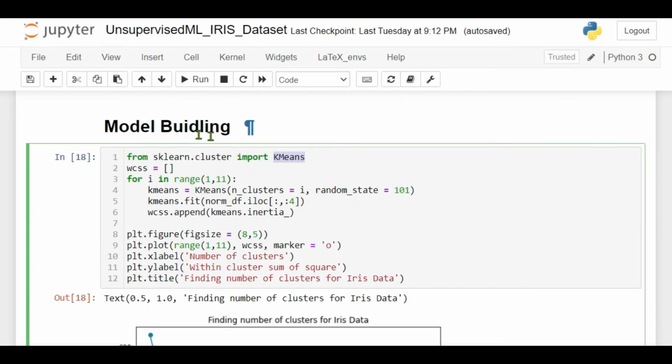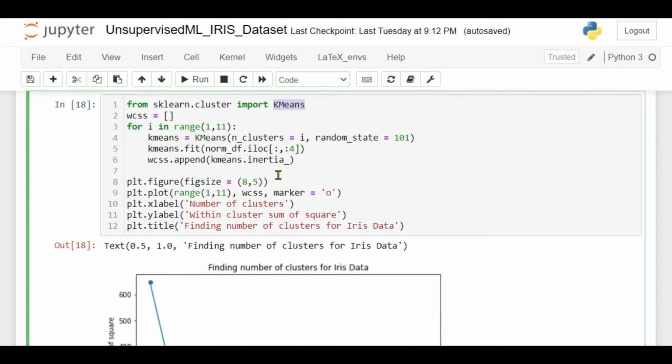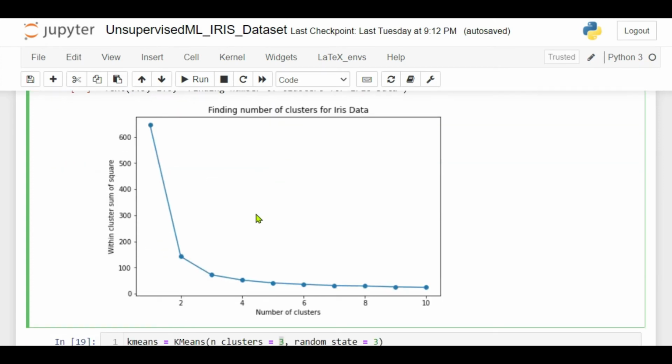Now let's start with the model building. I have used the k-means clustering algorithm for the model building. To find the number of clusters, the elbow method is the best approach, where the elbow is getting most saturated. That is the best number of clusters to choose. In this we are going to take 3 as the number of clusters, as there are not many bends after the third value.